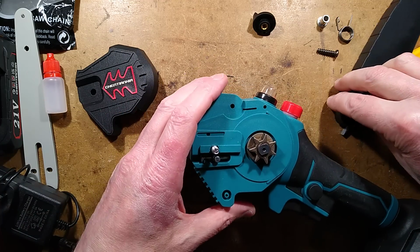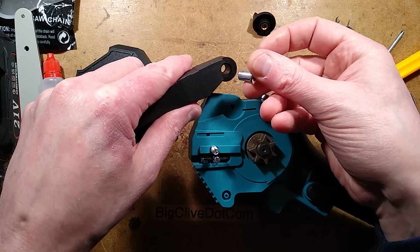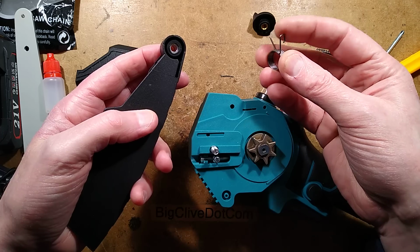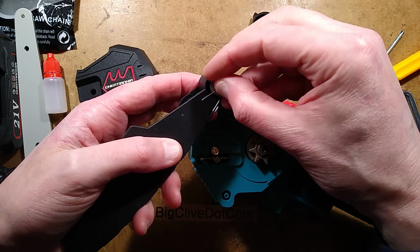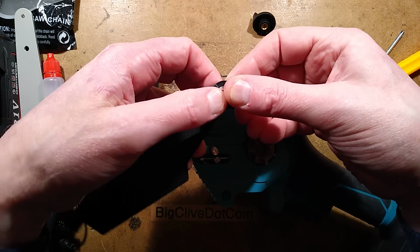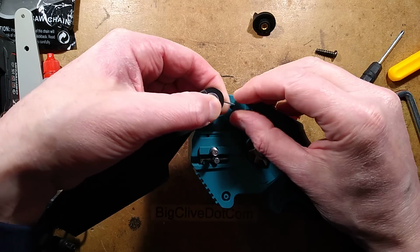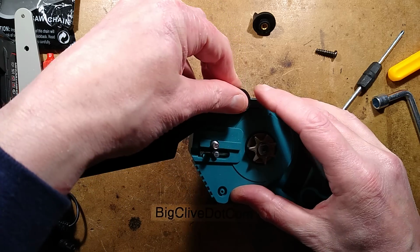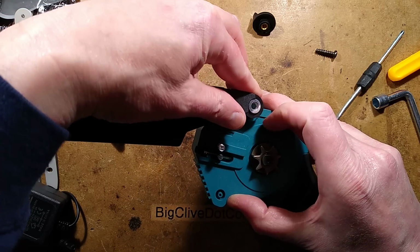The safety guard, should you wish to fit it, and I do recommend fitting things like this, has a little bush that goes in like this, and it has a spring. As far as I can see this end will go in here, and then you have to tension the spring round like this and put it into there, which is no mean feat, but can be done. And once you've done that, and put the screw in to lock all this in position,